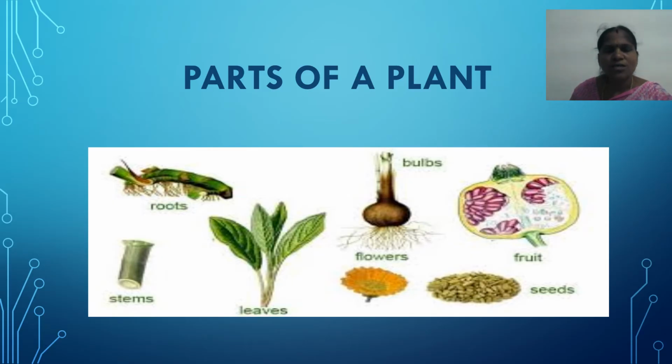In the previous session, we discussed the parts of a plant. The plant has two main parts, the shoot part and the root part. The shoot part is present above the ground, and the root part is present below the ground. The shoot part has flower, bud, fruits, leaves, branches and stem. The part below the ground we call the roots. We have discussed the functions and types of roots, and the stem and its functions also.